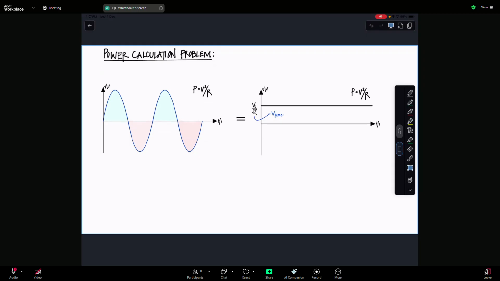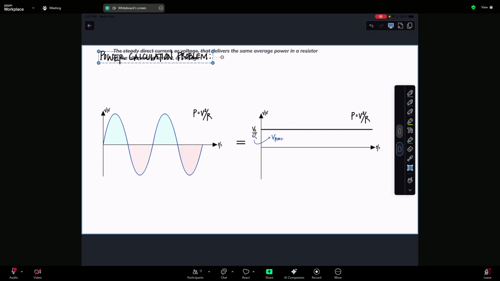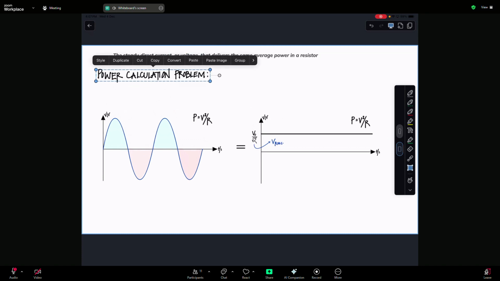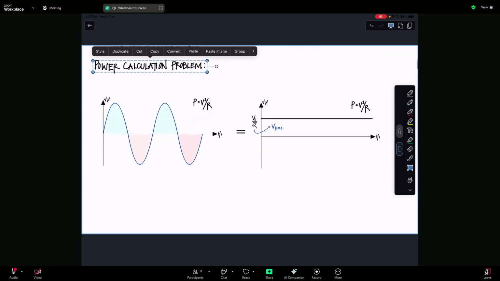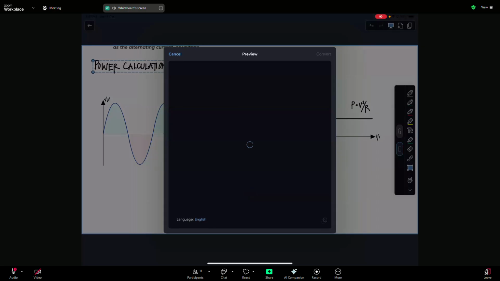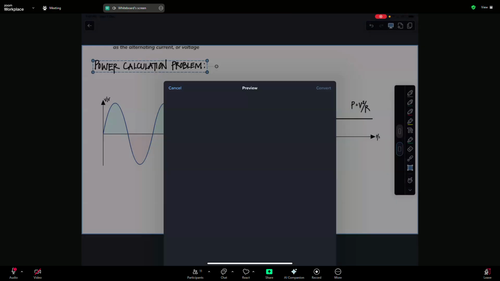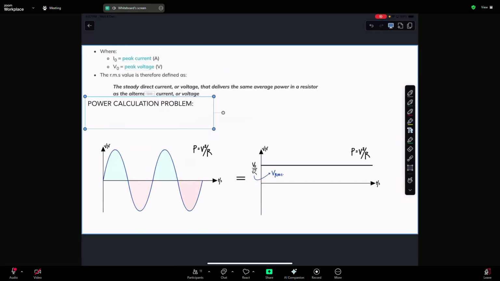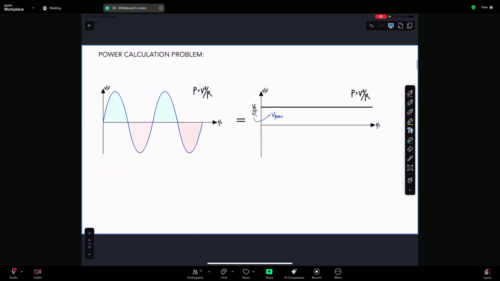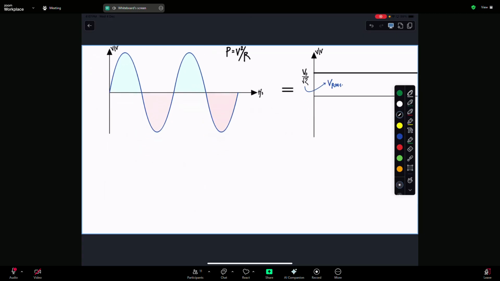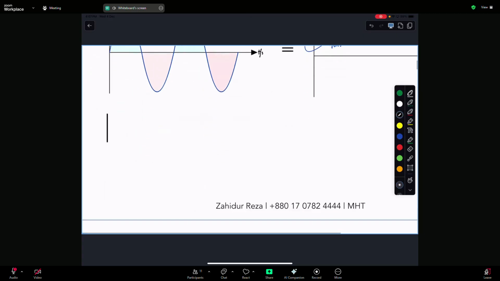So it's the power calculation problem. Last class I started it, but I don't think I gave enough time on it, so I'm going to start it again. So what is this power calculation problem? Right, the power calculation problem comes from the concept that, let's say you have an AC supply here, and you